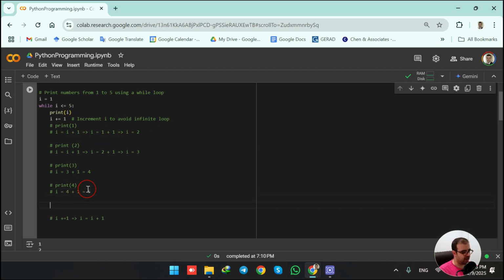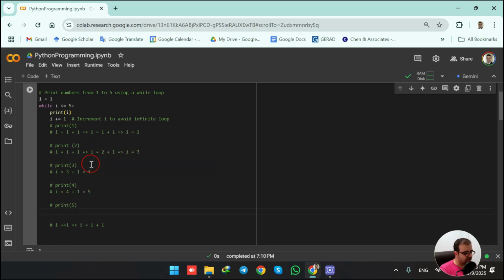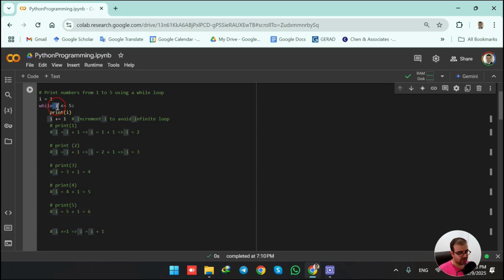i equals 5. 5 is lower than or equal to 5? Yes. So print 5. And then i equals 5 plus 1, i equals 6. So i equals 6 now. 6 is lower than or equal to 5? No, it's not. Therefore, it is not passing this condition, and thus it is not going to enter this loop